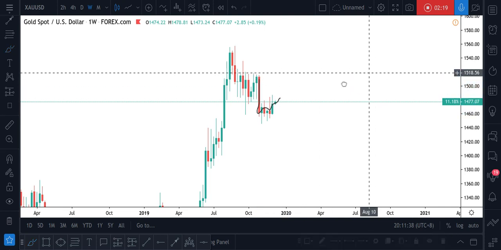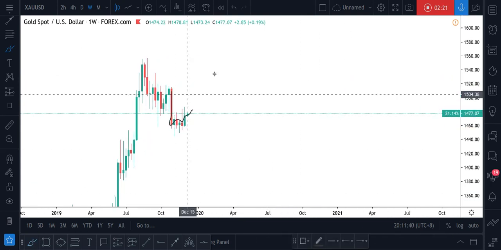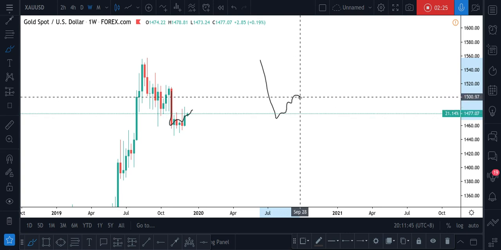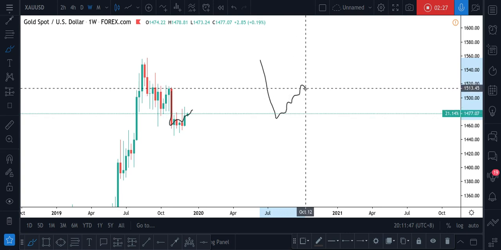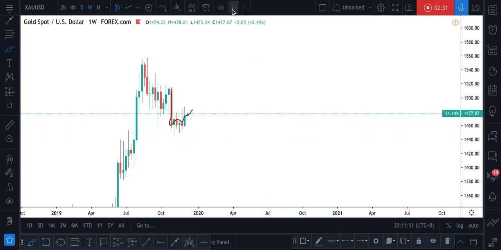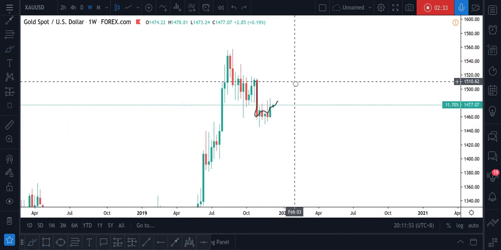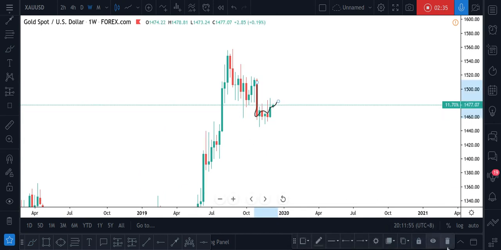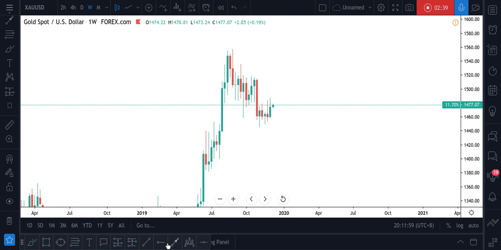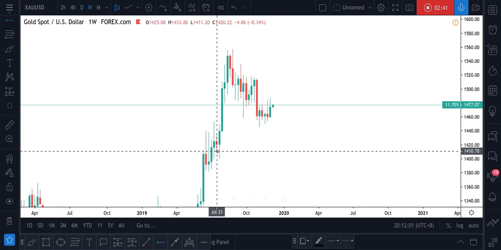Normally in trading, the market makes an impulse to the downside, which is followed by a retracement or a correction, and then further continuation to the downside. Basically, this is what gold is doing on the weekly time frame. So on the weekly time frame, we can expect gold to move to the downside. My original target is around